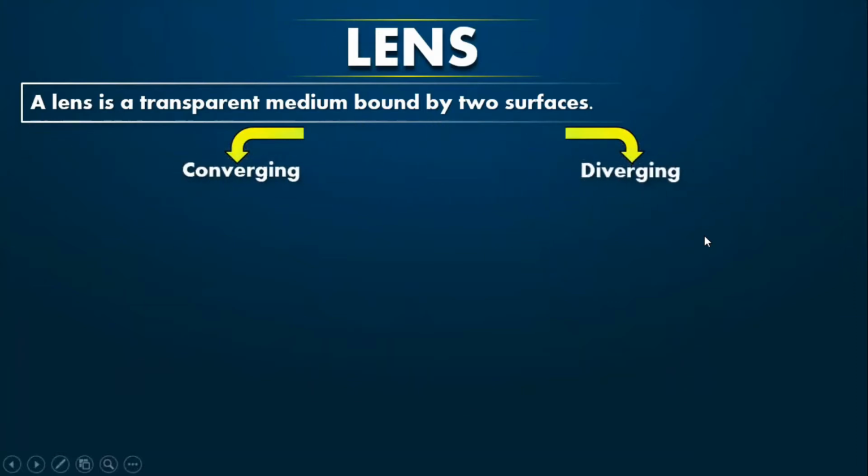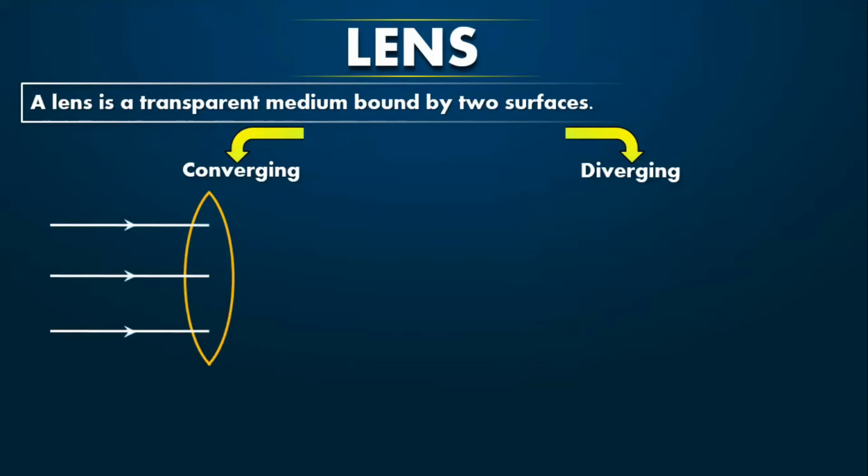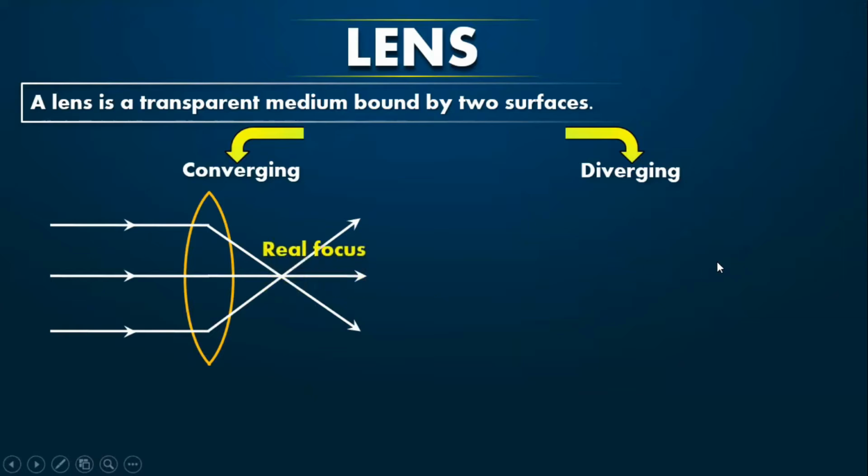Converging and diverging types of lens. Now these types of lenses, we use in our day-to-day life, or we have seen them, but we are learning them in detail. What are these? First is your converging lens. The three white arrows are the rays of light that are coming. They are all coming together and meeting at one single point, and then they are separating. So this point is your real focus.